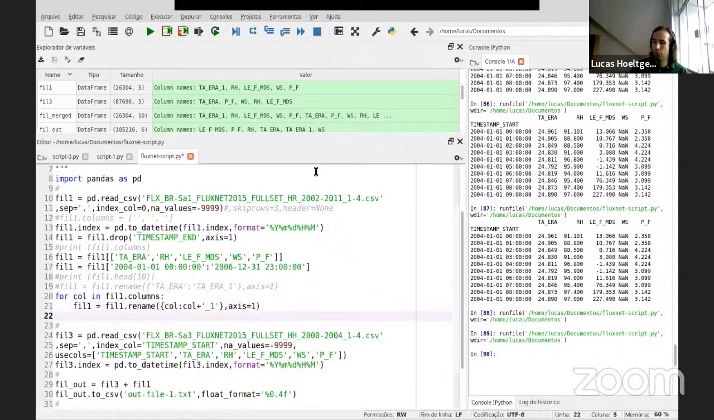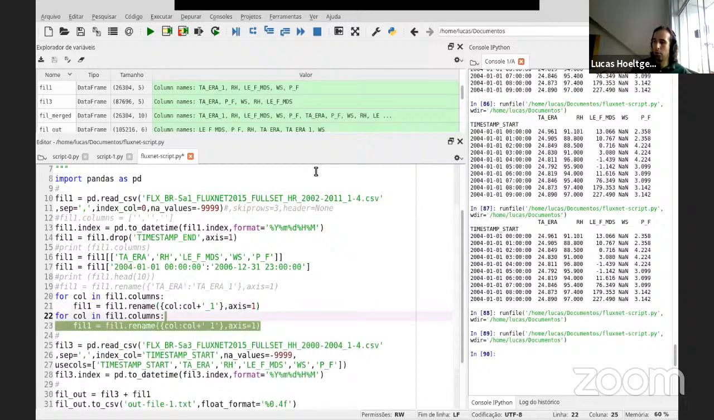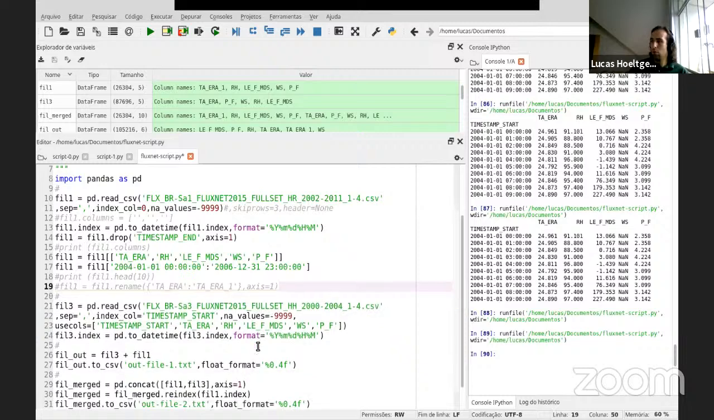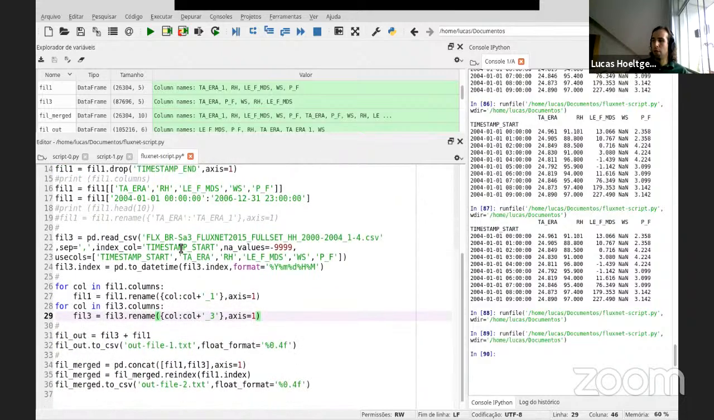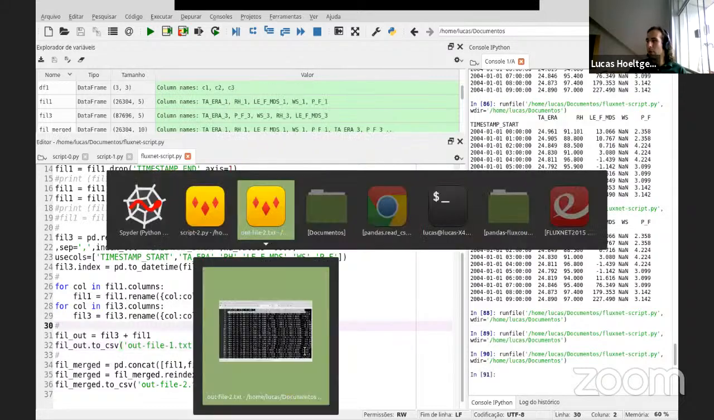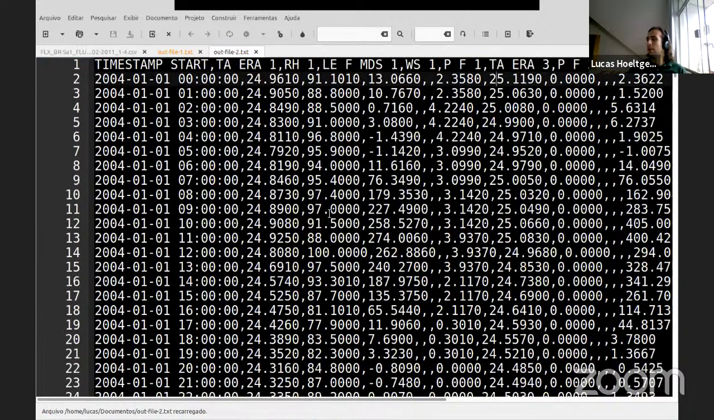And I will do it for the second one, the file tree, the same. But for the file tree, I would like to see this name. So I will put this here. Of course, before the merging process, and now my new data frame has the columns correctly identified without confusion on the name, and I can do